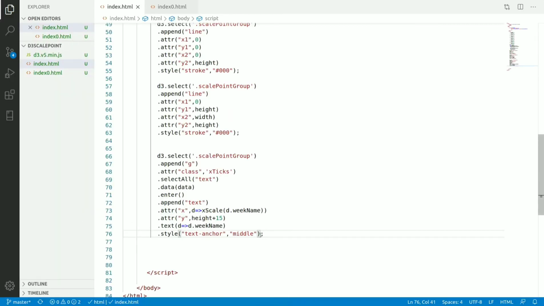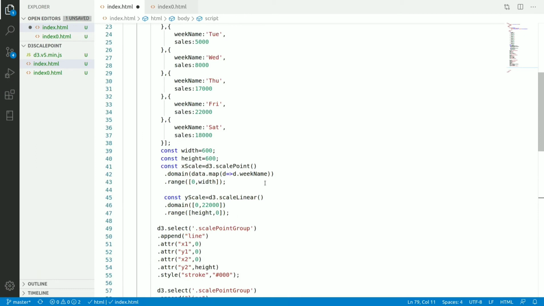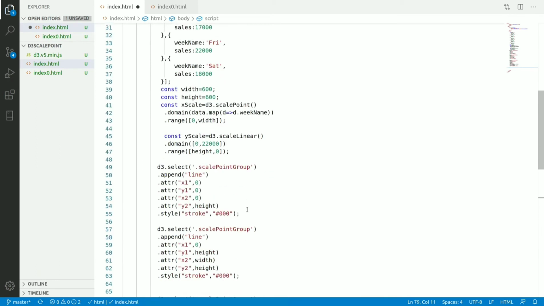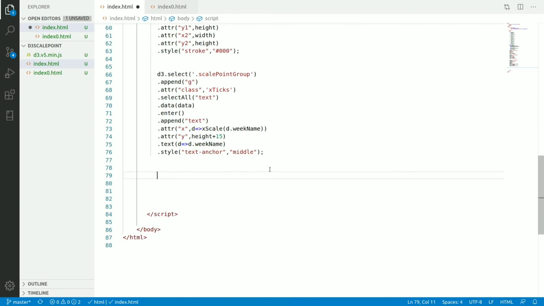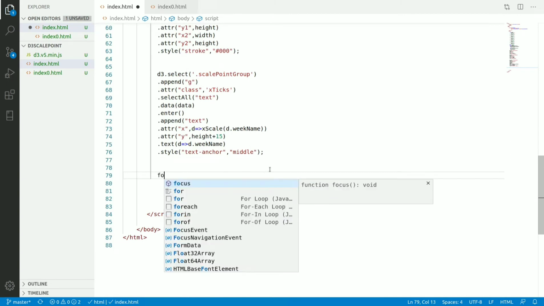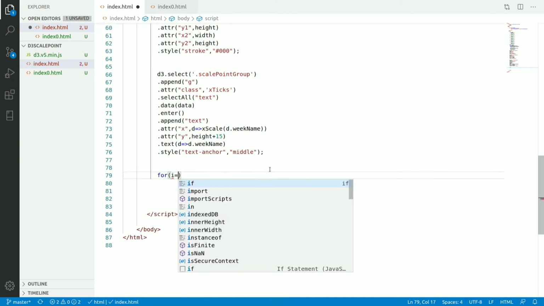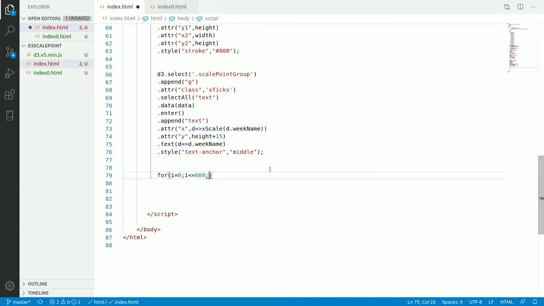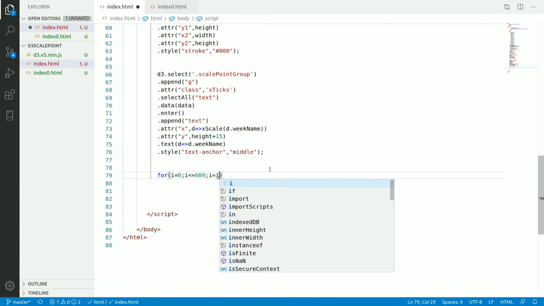Now I want the ticks for this y-axis. So what will we do here? I have the data points available here. Now for i is equal to 0; i less than or equal to 600; i is equal to i plus 100.